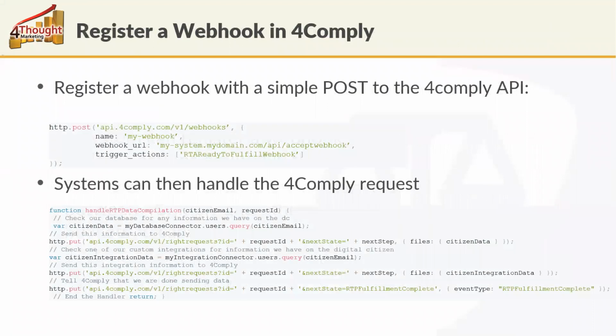Okay, so now getting a bit more technical, basically you can register webhooks in 4Comply by just doing a regular POST to the 4Comply API endpoints. There's obviously authentication that's not covered here, but you're pretty much subscribing to a webhook URL, and you're sending the URL where you want the data to be received and to what kind of events or actions you want to be subscribed. So if there are some systems that will only need to be notified in case of RTA,